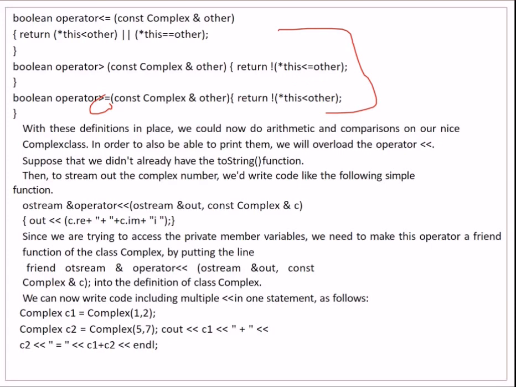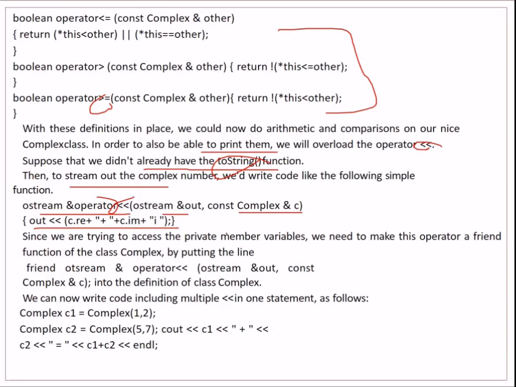We will not be using this print, we'll overload this. Suppose that we didn't already have this toString, that is also possible. Then to stream out the complex number, we would code a simple function, the output stream operator, with out and a complex number, which is going to output in a simple manner.